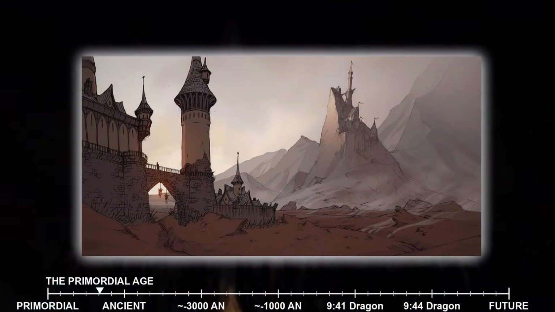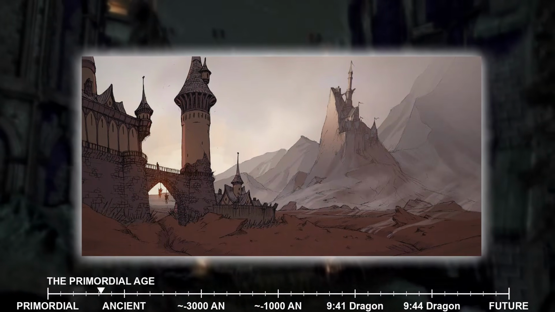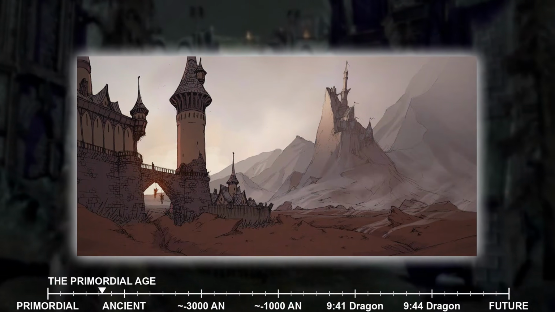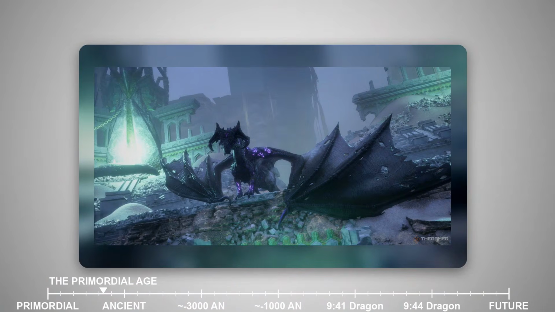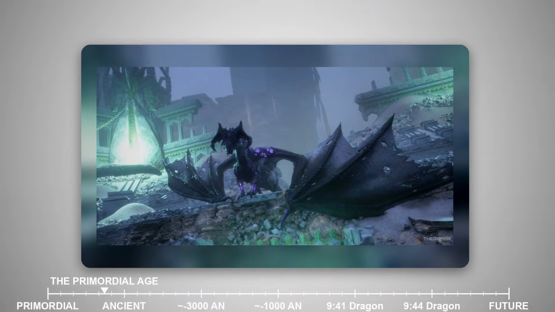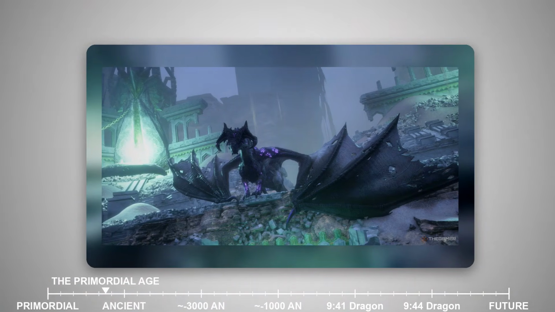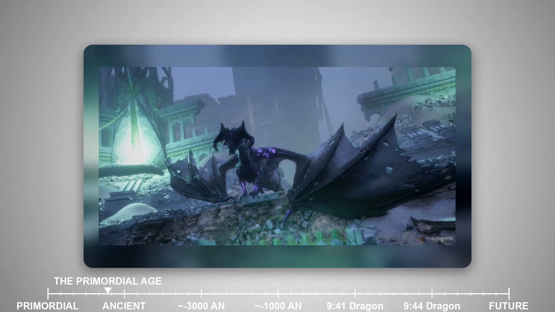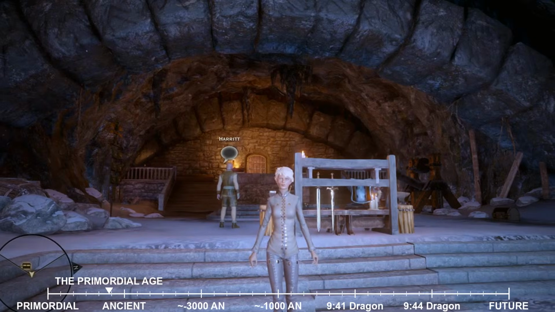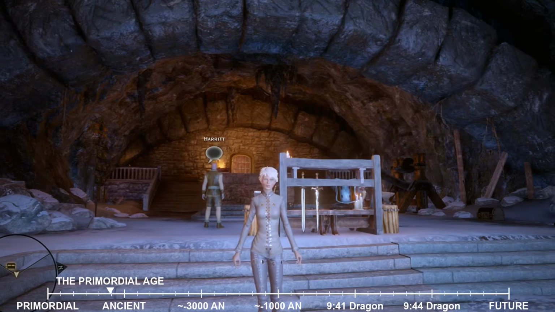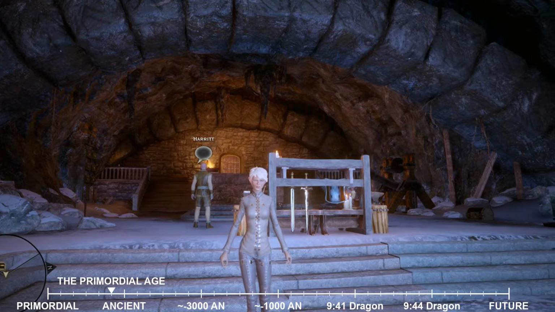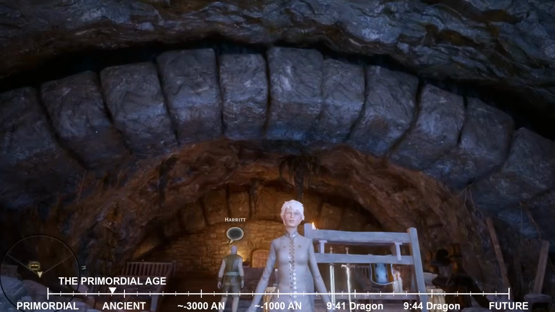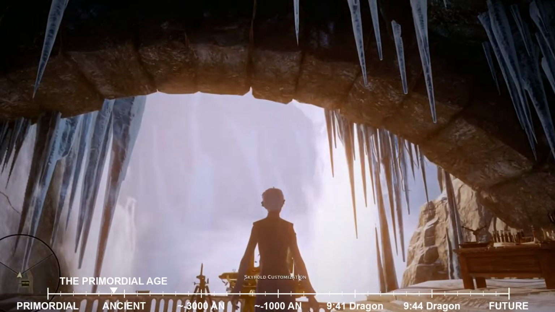Thedas itself, in those earliest moments of creation, was far from the world of kingdoms and conflicts we see in the Dragon Age. The physical world began as something formless, a churning chaos of raw elements without structure or purpose. There was matter, certainly, but it existed in a state of pure disorder. The Maker, working with the patience of eternity, began the long process of imposing order on this chaos. Divine hands, at least according to the teachings of the Chantry, shaped the formless matter into something recognizable.